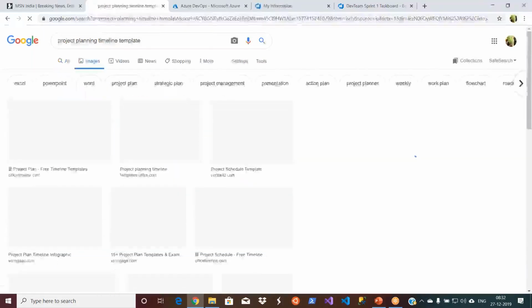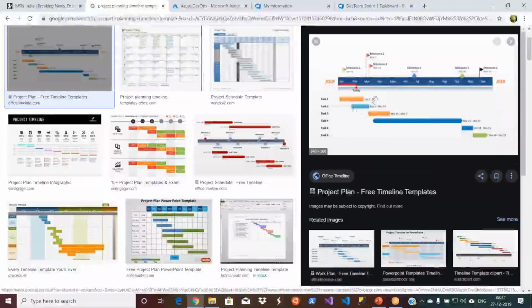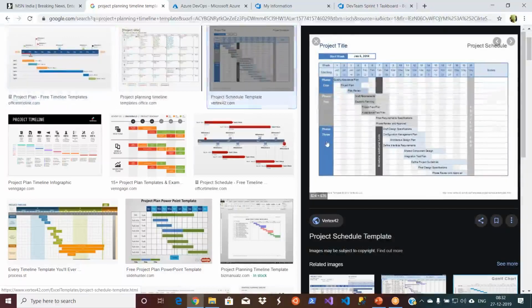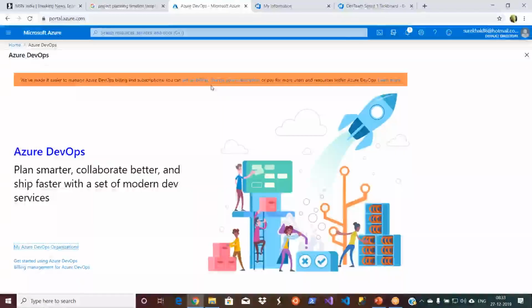I'm just opening whichever is coming first. So you can see these kinds of timelines, right? So you see dates or months or weeks here, and then you can see some milestones defined to identify which are the important dates, and also you can see tasks. For some people, they may keep teams or phases. There is no standard, so you will have a number of views actually. You can also create such kinds of things on the fly. You don't need to do any coding or anything here. So basically, call it a timeline view.